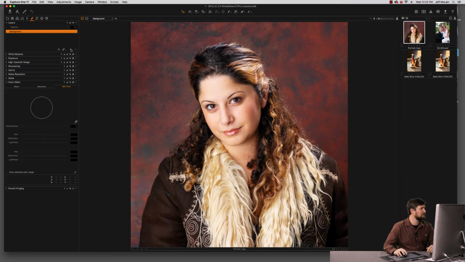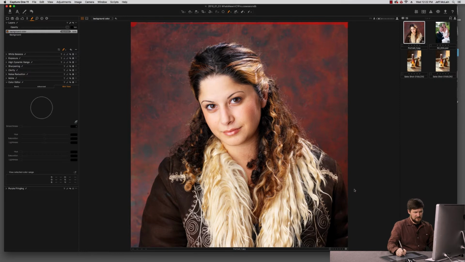First thing I want to do is create a new layer here in the Layers tool. This one I'll call Background Color. So we can name our layers just like we do in Photoshop. And I need to draw out a mask, so I'm going to get the brush tool here and get a brush going. Hit the M key so I can see my mask